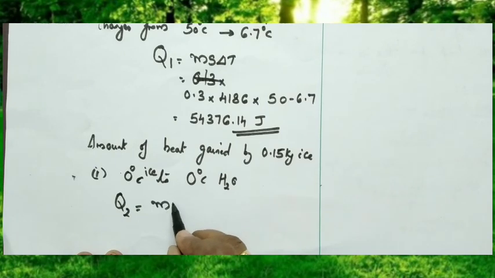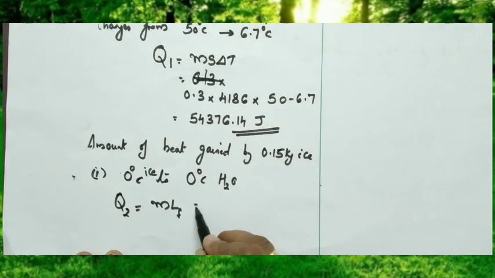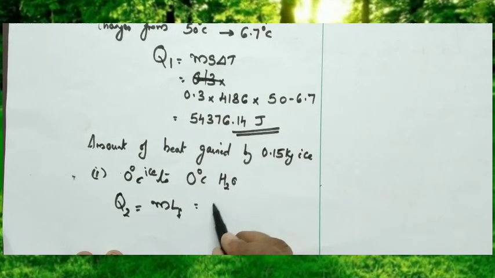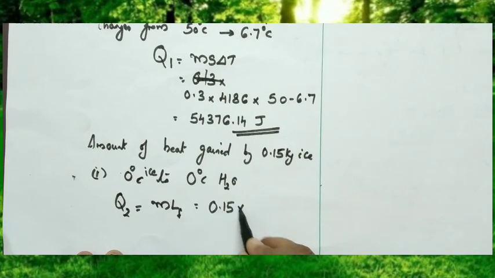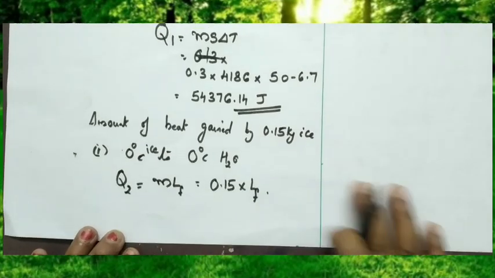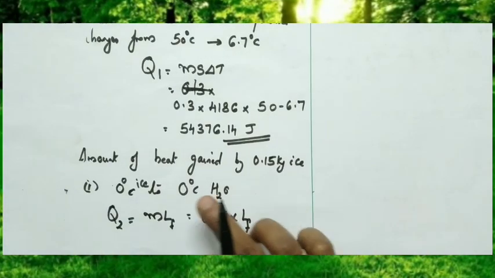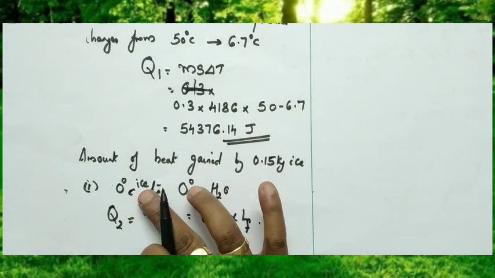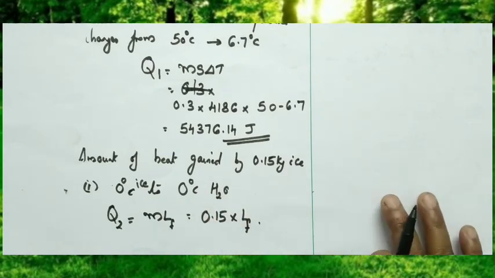So quantity of heat is mLF. What is the mass? 0.15, into latent heat of fusion, LF, we have to find out. Okay children, now second one, after converting 0 degrees Celsius ice to 0 degrees Celsius water, the remaining quantity of heat